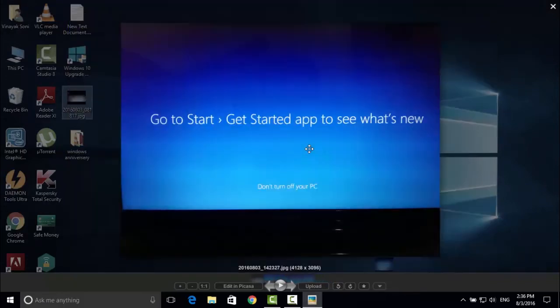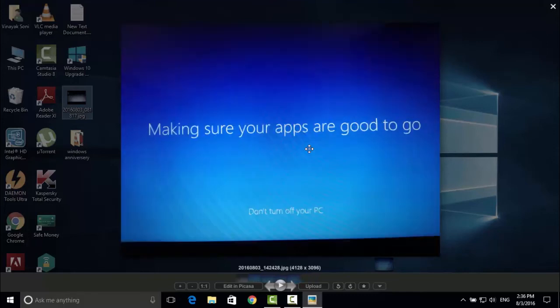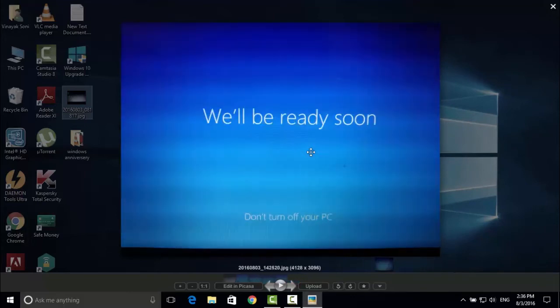And after that again a window comes which says go to start, and then click on get started app to see what's new in this update. And then one new window appears which says making sure your apps are good to go, so we will be testing in future. And it says we will be ready soon.